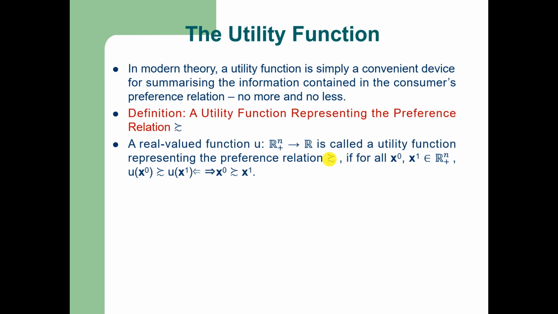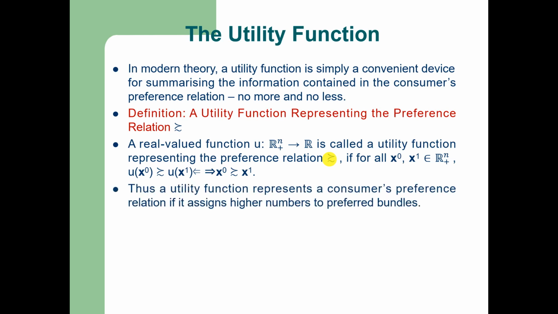if for all x0 and x1 in non-negative n space or n-dimensional Euclidean space, the utility of x0 is greater than or equal to utility of x1, which is equivalent to saying that the consumption bundle x0 is at least as good as x1. Thus, a utility function represents the consumer's preference relation if it assigns higher numbers to